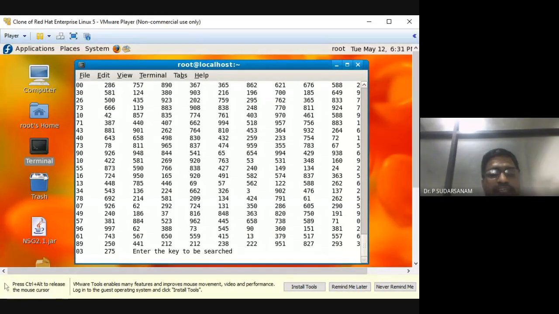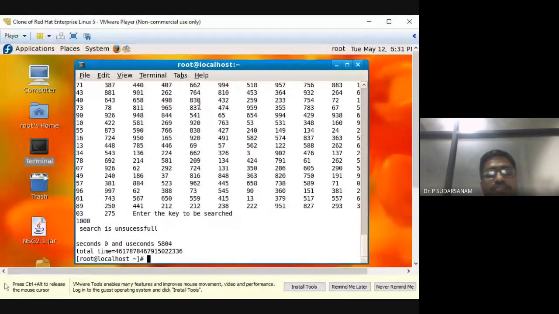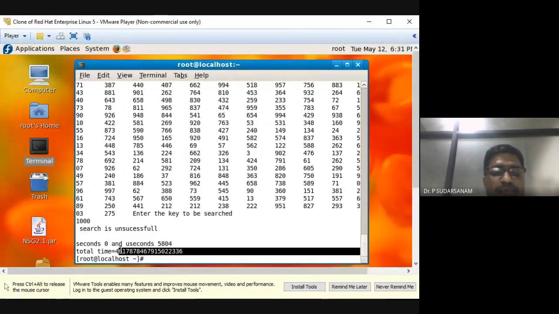Because they are 3 digit numbers, I'll enter a 4 digit number. Search is unsuccessful. So seconds, microseconds, and total time you have stored, and you will be drawing the graph.